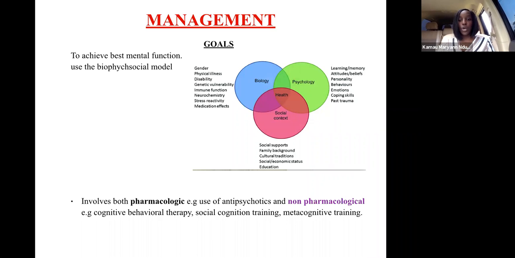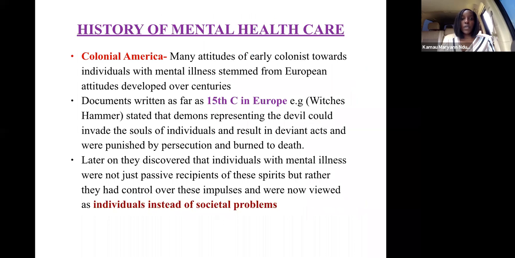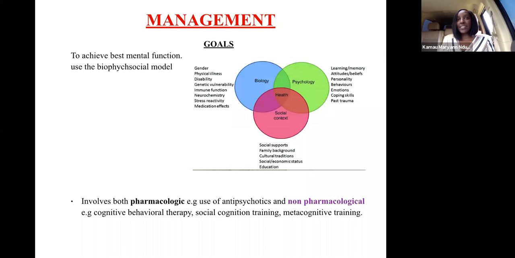manage the disease. So here in the management, we use pharmacologic, basically, we use chemical agents, and also we can use other things that are not necessarily chemicals to try and manage this schizophrenia. So in order to understand how far, like the mental illness, we need, I'll give you